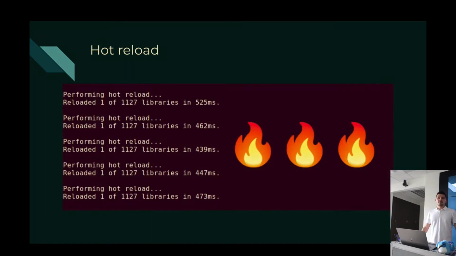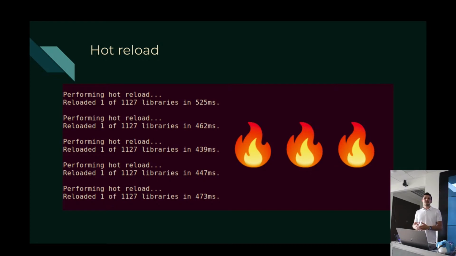Next is hot reload. Flutter will actually claim that this is the most loved feature about Flutter, and this is both hot reload and hot restart. Basically what hot reload is, as you're editing code in your environment, you don't have to rebuild the entire app just to see what changed. You can just hit Command-S, or if you're on VS Code or an IDE that has auto-saving, it will just auto-save and rebuild the app right in front of your eyes. You don't even have to restart the application. And as you can see, that saves you an immense amount of development time.